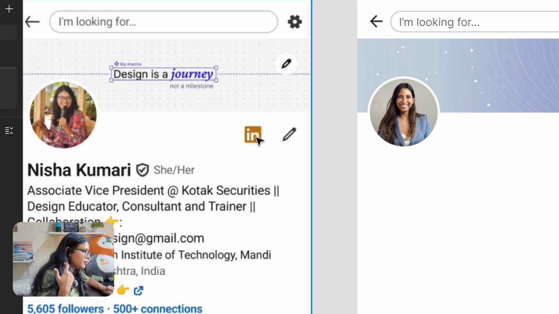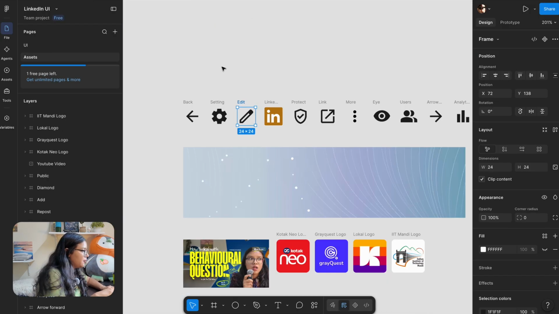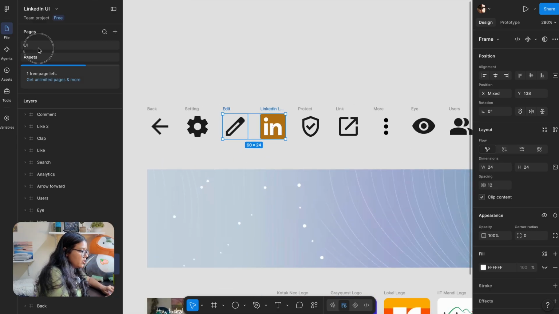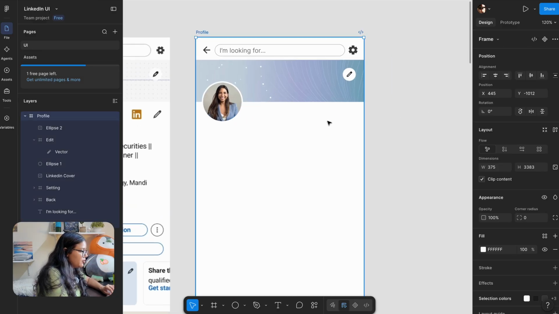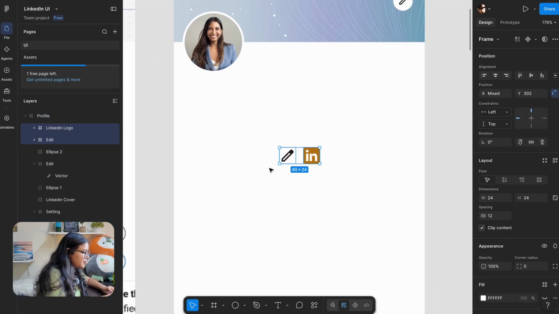One is for LinkedIn Premium. Another is the edit icon that we have to place. So वो कर देते हैं हम जल्दी से. Again, you can find these in the assets का page. So this is the LinkedIn one. This is the edit one. I'm gonna take both. Control C, Command C. ठीक है. Come here, select the frame, and then put in both these icons.